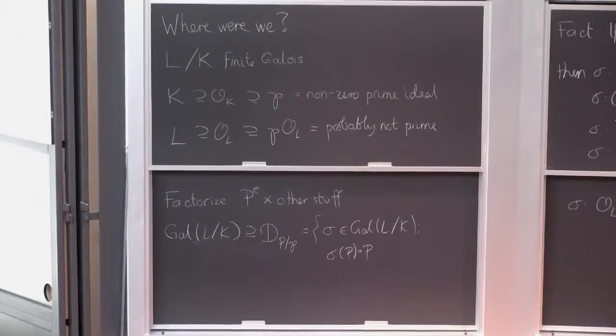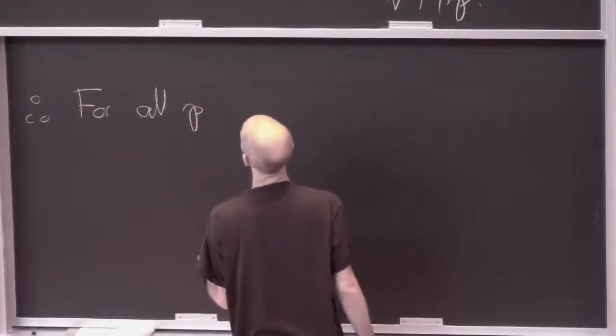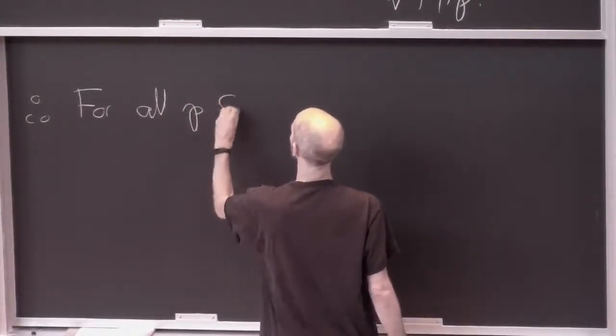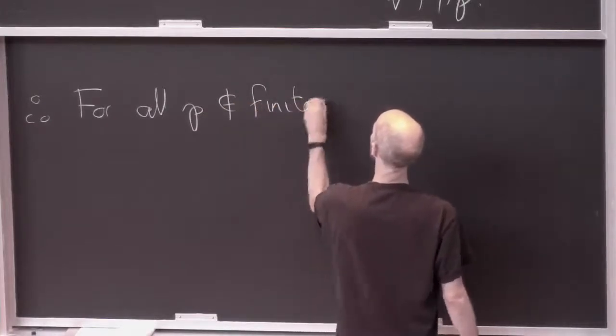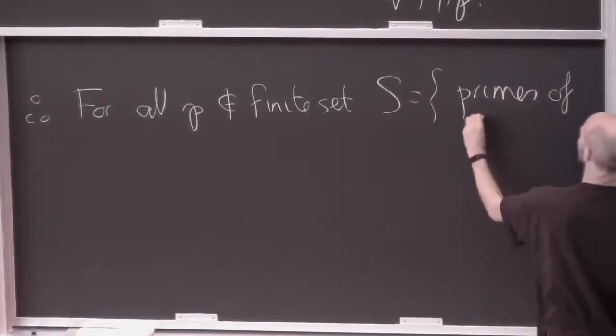You can tell whether you're doing number theory or not, because if something is ramified at infinitely many primes, then you're probably not doing number theory anymore. In number theory, things tend to be unramified outside a finite set of primes, often called capital S. But at this point in the argument, it's the set of primes dividing capital delta. So for all but finitely many primes, for all P not in some finite set S, which is the primes of O_K dividing delta,